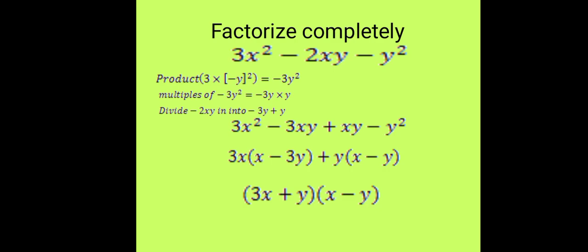3y plus y. So write 2xy in that form of 3xy plus xy. Now, having written like that, we can now factorize. Like the first part, 3x is common, remove 3x and leave the others in a bracket. The other part, y is common, remove y from everything so that we have